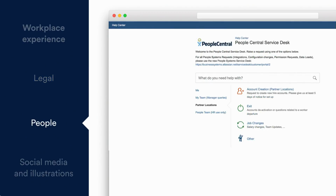The next biggest team we see using it is our people team, which is the HR team. It's pretty funny because when you first join the company, you start with a service desk request, and when you leave the company, you also leave with a service desk request. So basically your whole life is tracked by service desk. But